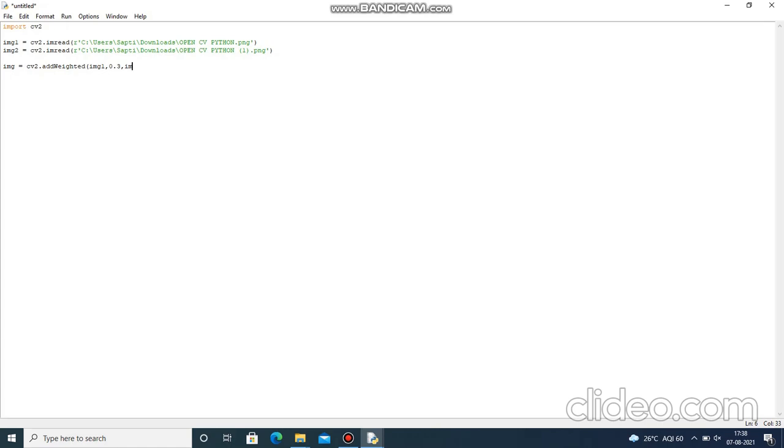So let's give img2 comma 0.7, so your img2 will be more visible than img1. We have given the two images as well as their weights, and we are also going to give the gamma value, which is the measurement of light. Let's give 0, which means there won't be any light.